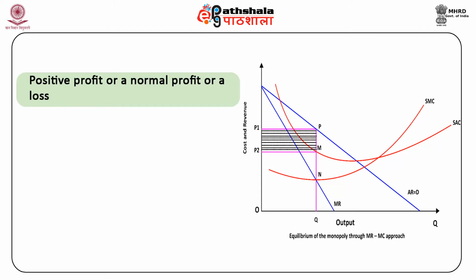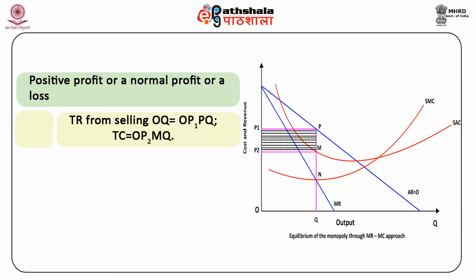So, as per this, the price of selling OQ output is OP and the cost of producing OQ is OM. In other words, the total revenue from selling OQ output is OP1PQ and the corresponding cost of producing this output is